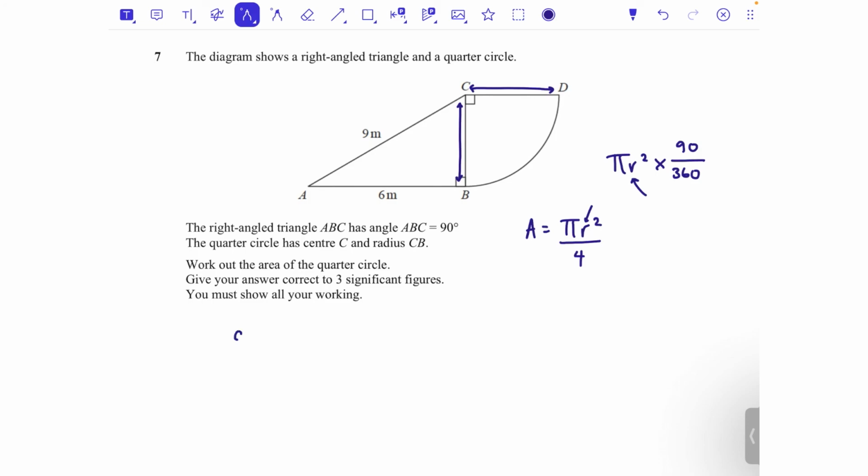So we're going to do 9 squared take away 6 squared. Now, sometimes with Pythagoras we add, and that's if we want the hypotenuse, and sometimes we take away, and that's if we want a shorter side. So because 9 was the longest side, the hypotenuse, we wanted to take away here. So 9 squared take away 6 squared is 81 take away 36, and then we are going to square root it. Always with Pythagoras, you want to square root at the end. So 81 take away 36, and the square root of that answer is 3 root 5, or you can write it as